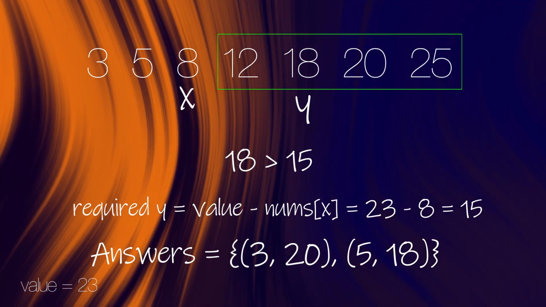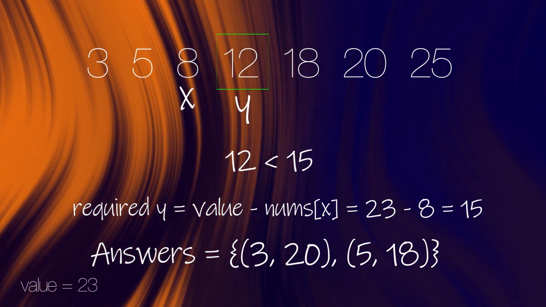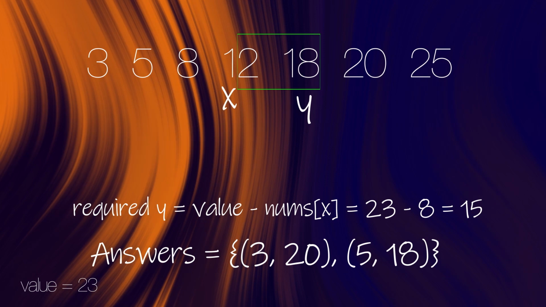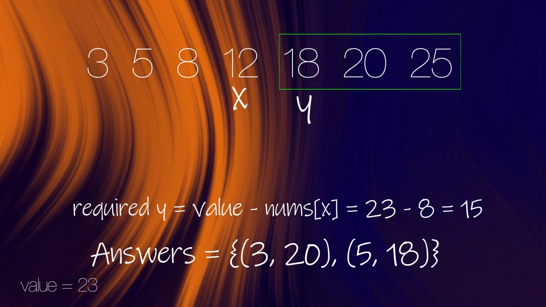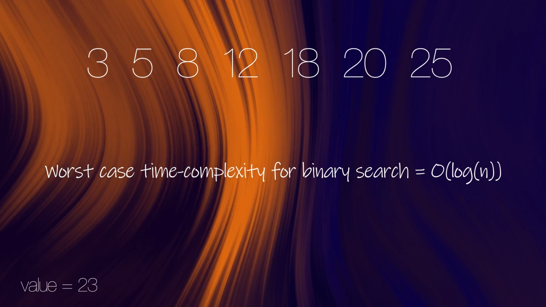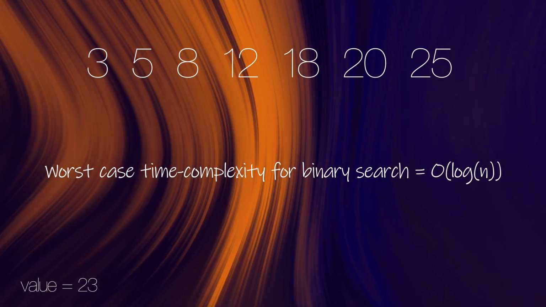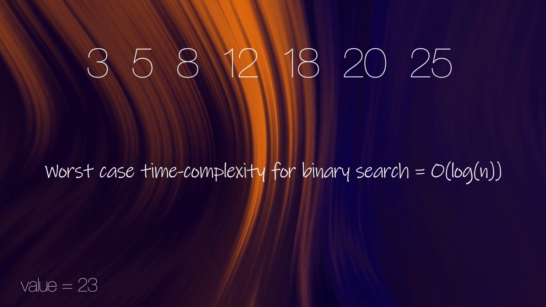This algorithm for once is far better than the one we were using before, because we are not blindly considering all possible pairs, but we are smartly trying to find out what suits best. The worst case time complexity of binary search is big O of logarithm of n. I'll not go into the mathematics of that just yet, but combined with the pointer x moving from left to